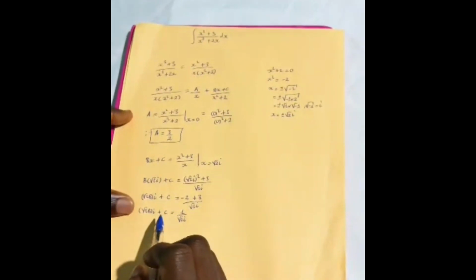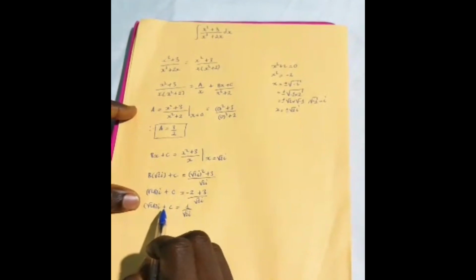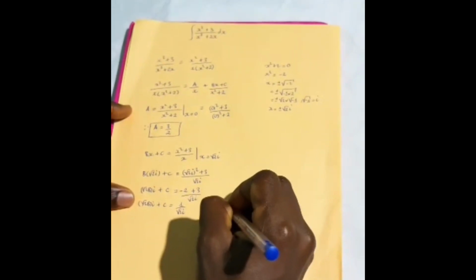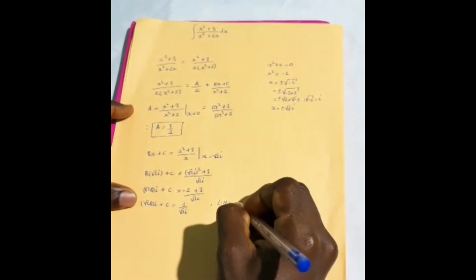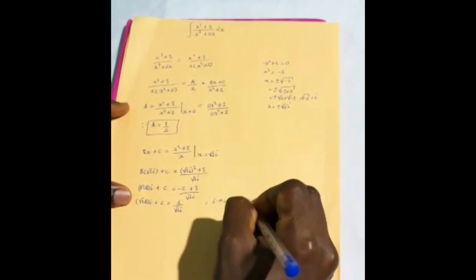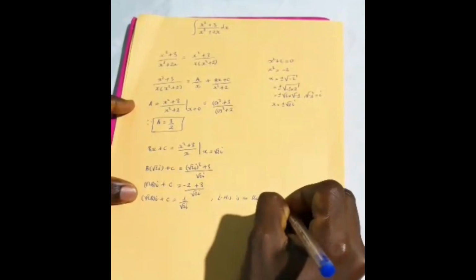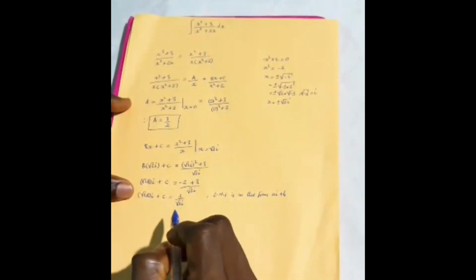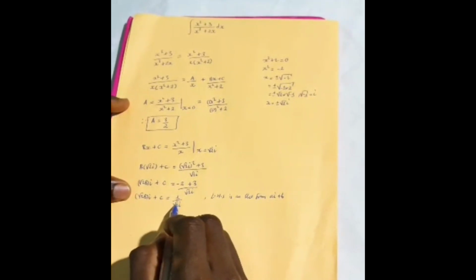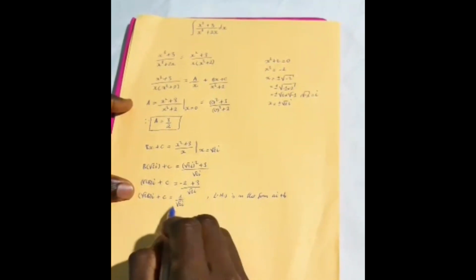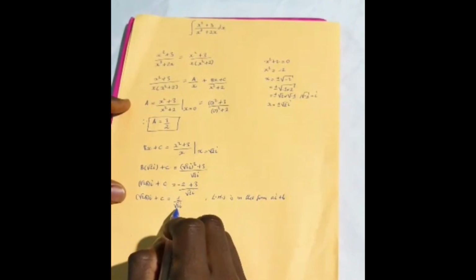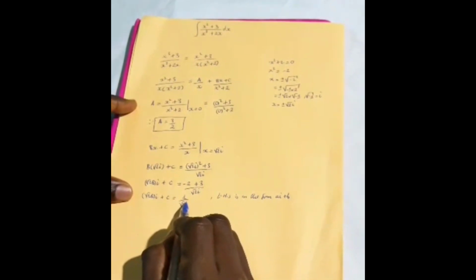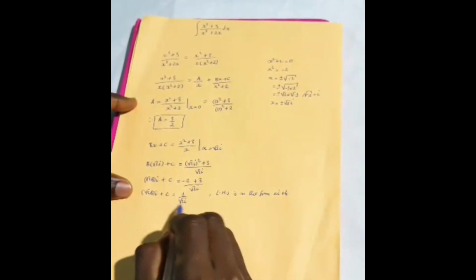Now we notice that the left hand side is in the form ai plus b. So we have to make the right hand side the same, and this way we are going to remove the i at the denominator by rationalizing the denominator. So we are going to multiply numerator and denominator of the right hand side by root 2i to remove this i.